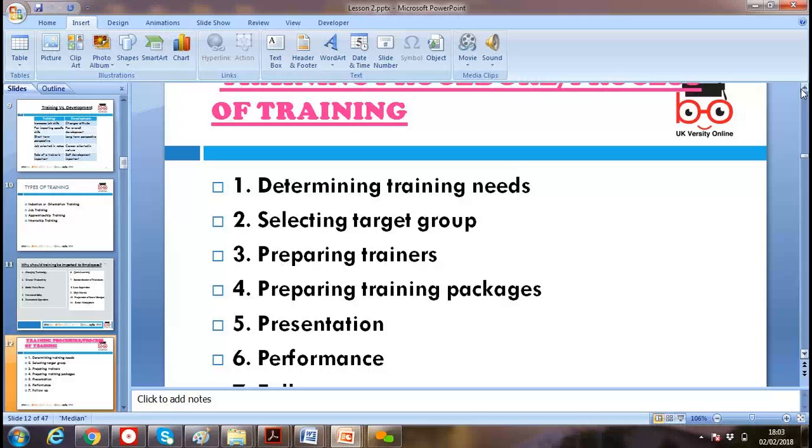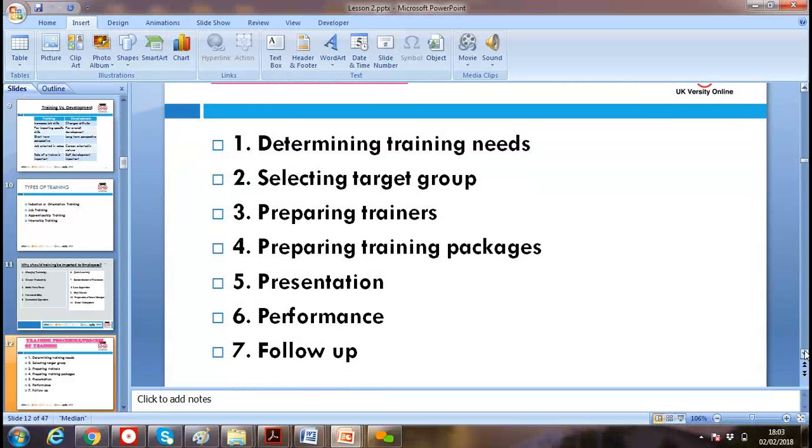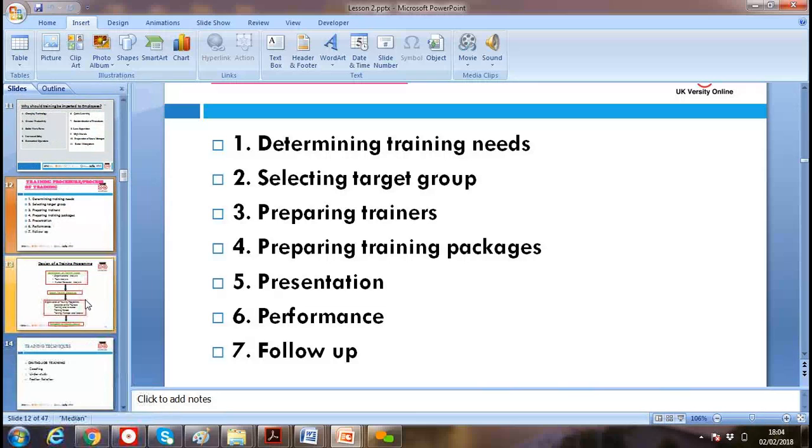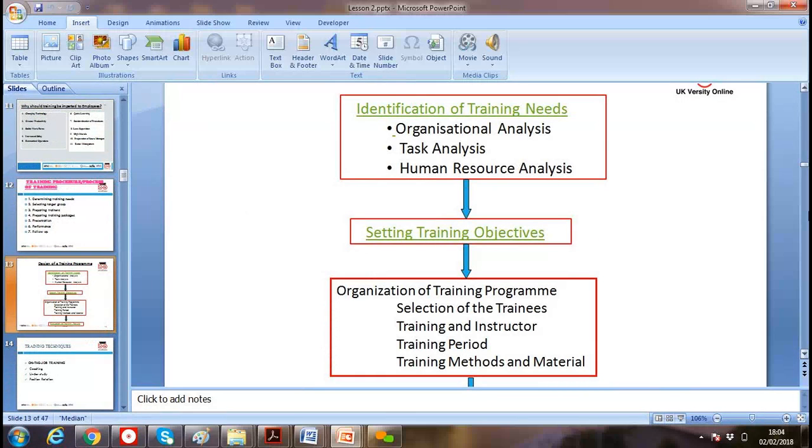Especially in the hospitality industry, it is quite crucial because we are interacting with humans who have different behaviors and cultural differences and all sorts of things, which we need to tackle. There is also a lot of legislation in terms of refund policies, customer care, health and safety, data protection, and the Sale of Goods Act. All these sorts of training are needed so that the people dealing with the customer are well aware. Then the training package, presentation, performance, and follow up. Yes, after training we need to do follow-up training, so you don't train once and then think, oh no, that's enough.